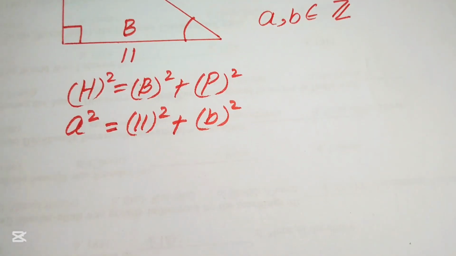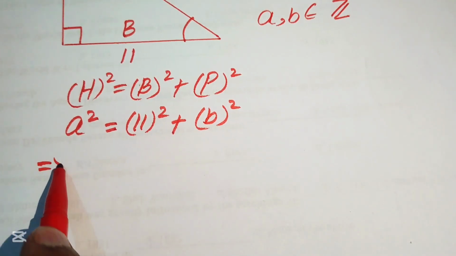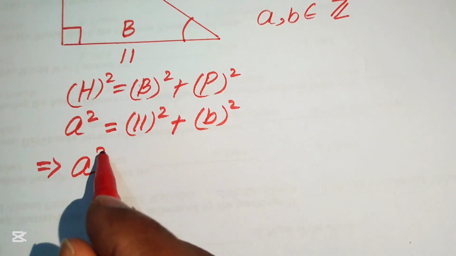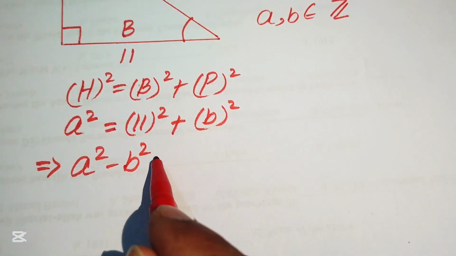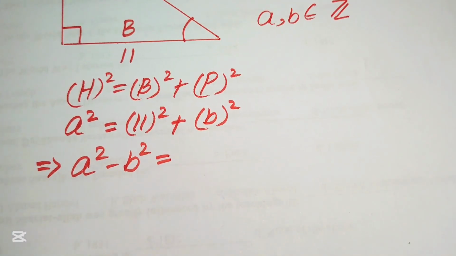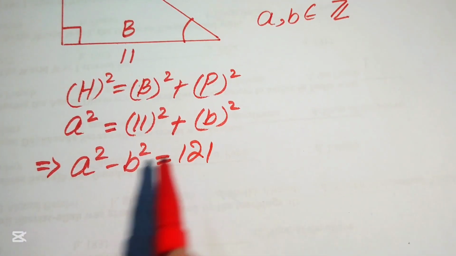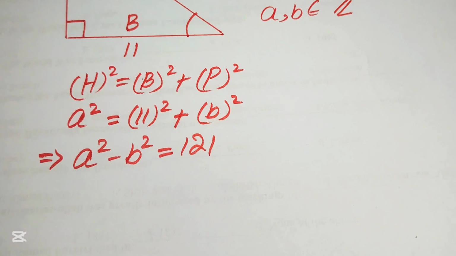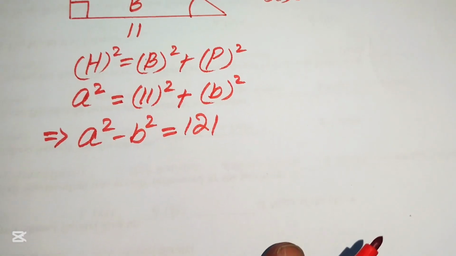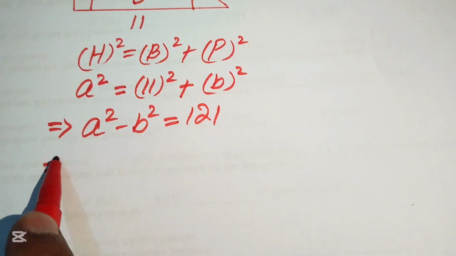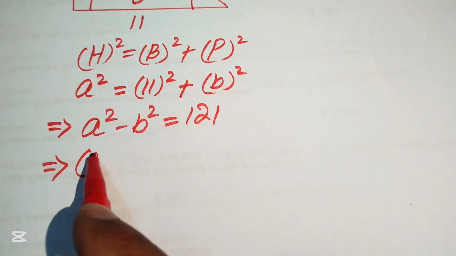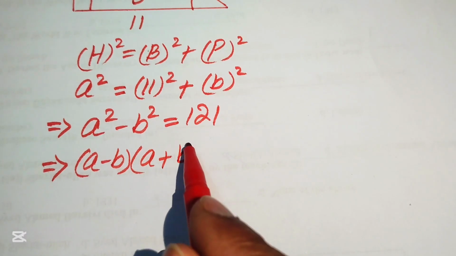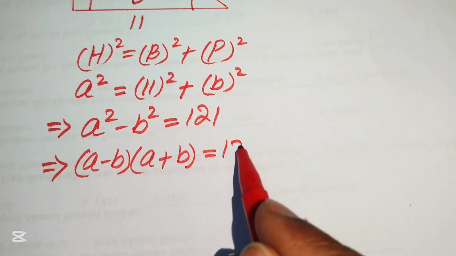Further, we simplify the terms and move this B square to the left hand side, and it will be written as A square minus B square equals 11 square, and we know that 11 square equals 121. In the next step we focus on the left hand side, and we know that A square minus B square is equal to A minus B times A plus B, and this equals